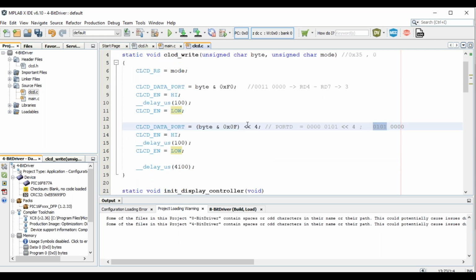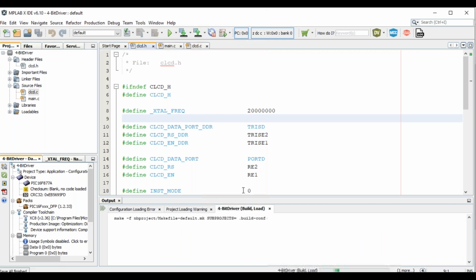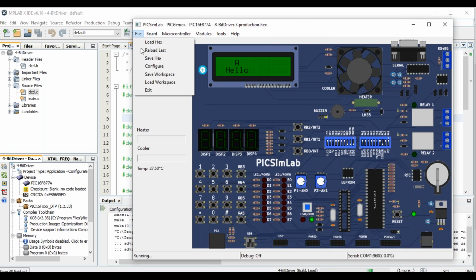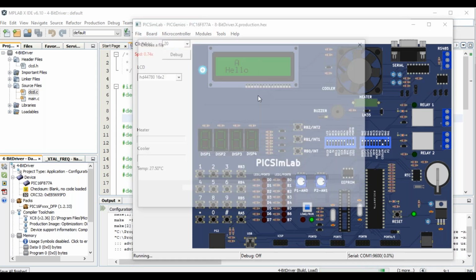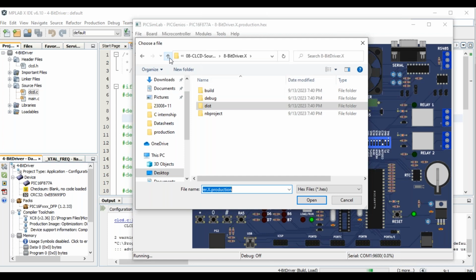Okay, so that is it. Nothing else is different from the previous case. Let me just build this and show the output. Load hex. So if you have to identify whether the CLCD has been configured in 4-bit mode or 8-bit mode,